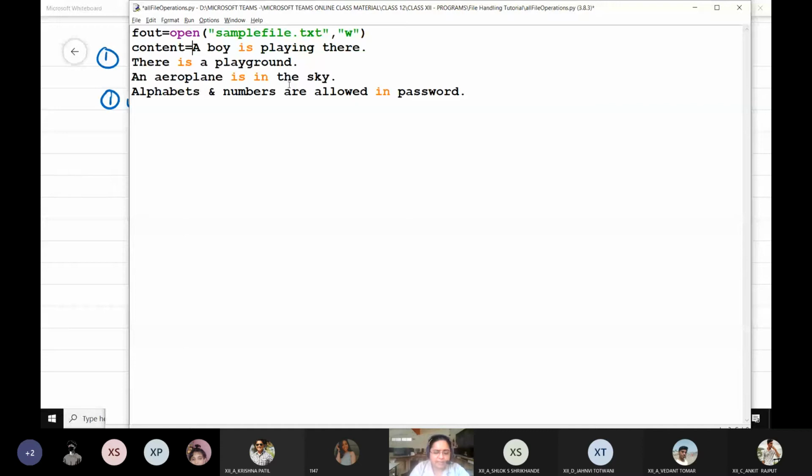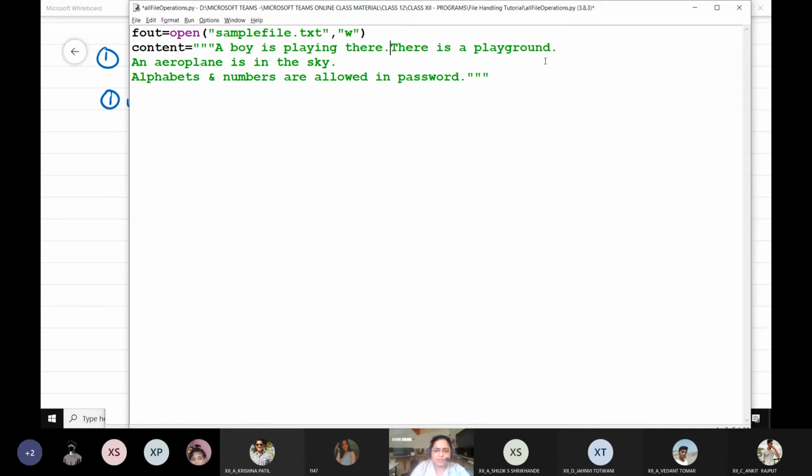And because it's a multi-line text, that's why I'm going to enclose it within triple double quotes or triple single quotes. At the end of every line, automatically it is going to insert a new line character. Got it? If you don't want it this way, if you simply want it as a single line string, you can simply use a single quote or a double quote.